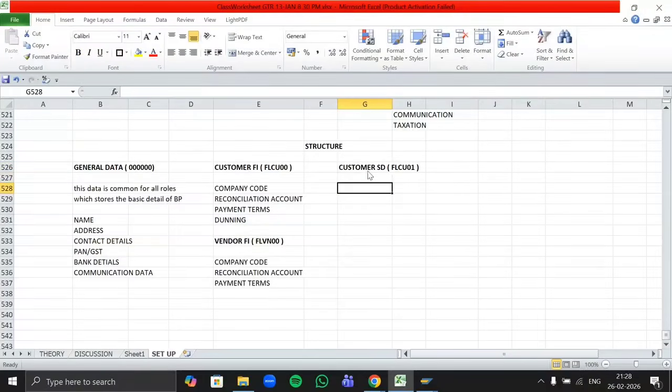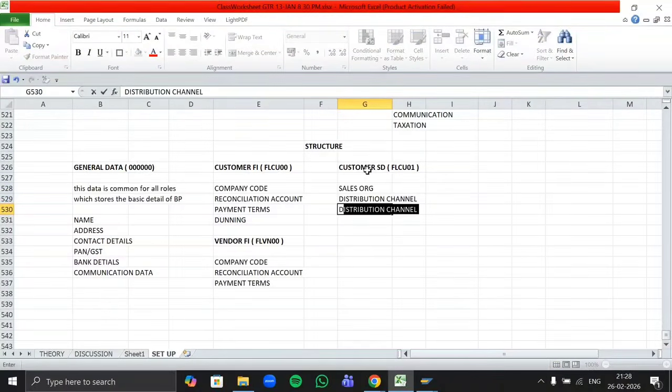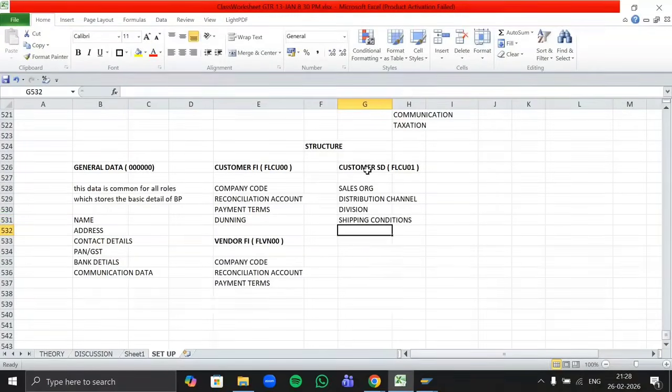So this role is going to store data like which sales organization this customer belongs to, which distribution channel this customer will follow, their divisions, and what all shipping conditions it follows. So all these details will be maintained at the customer sales organization role.